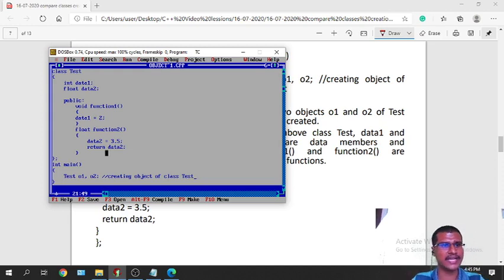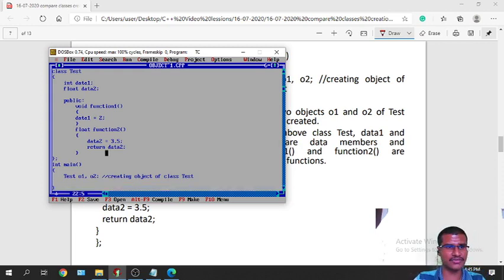This is the second way, in which I am creating the object for the class after the class definition. Now how can I call o1.function1? I can create any number of objects. Next, o1.function2,